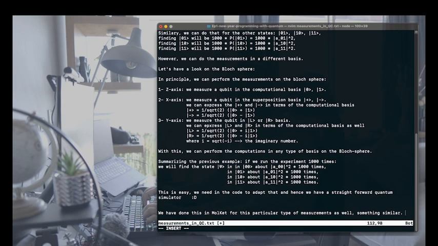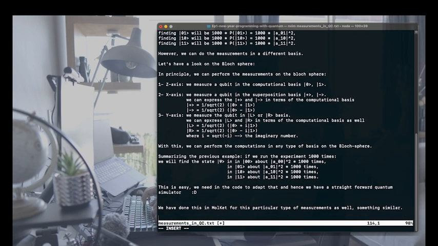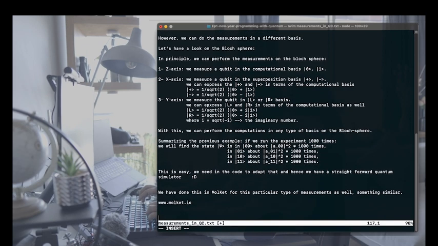We have done this also in our own package, which is Molkit. You can find these measurements. It is an open source package with MIT license. Please follow the information on